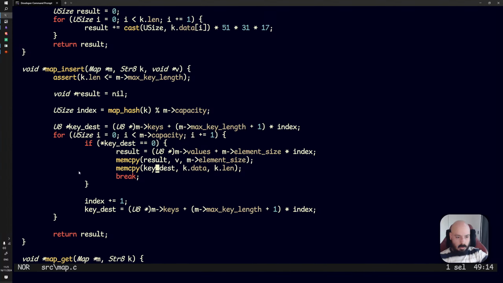So what are we doing? We're basically checking if the spot is empty because the first byte is 0, then we're going to do our thing and we're going to break. If it's not empty, then it will run this code here and it will increase the index by 1. And then it will set a new key destination, which we're going to check on the next loop. And then we'll keep going, going, going. And then if we get through the whole capacity,